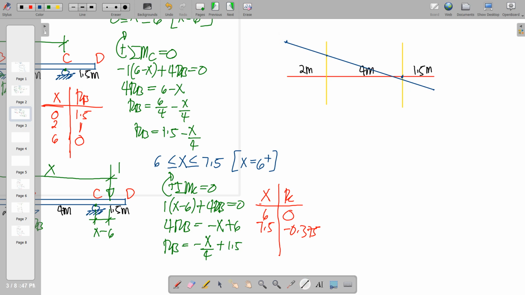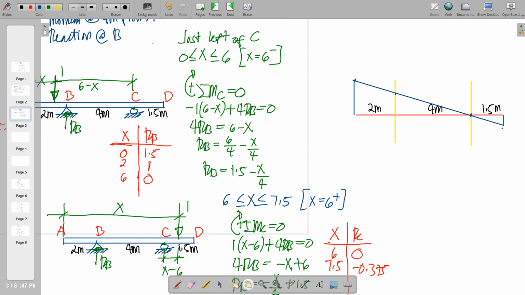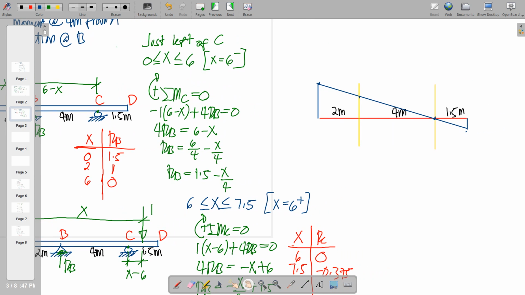Okay, so this will now be our influence line diagram for your reaction at B. So this is the influence line diagram